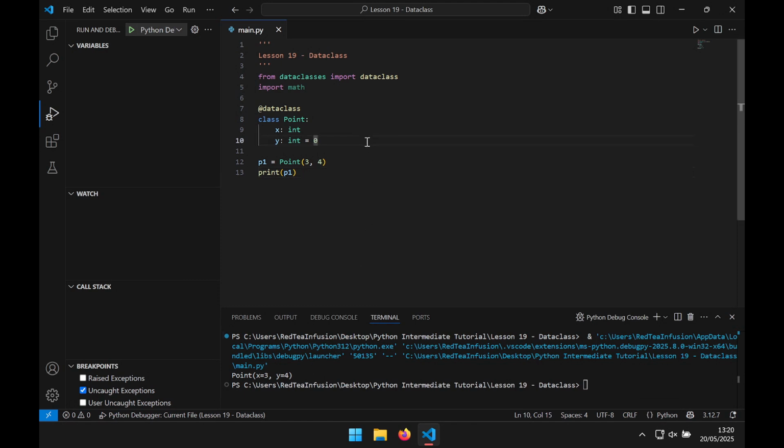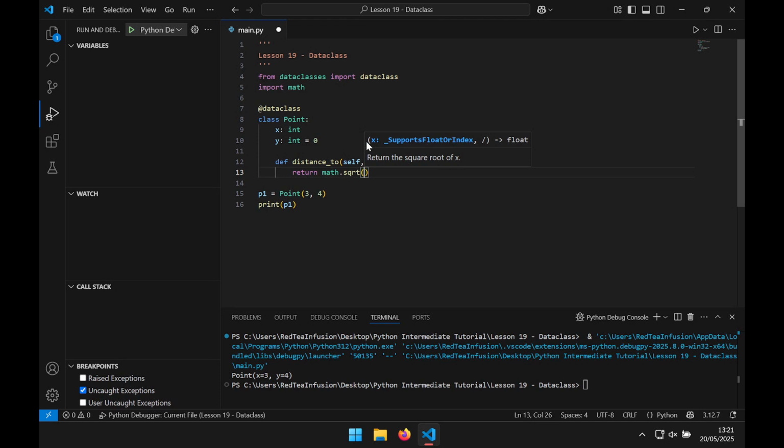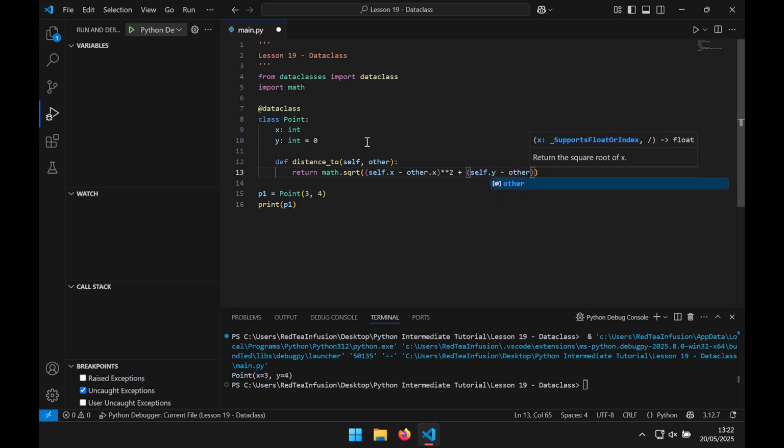Now let's add also a method to this class. def distance_to(self, other): new line, return math.sqrt((self.x - other.x) ** 2 + (self.y - other.y) ** 2). Let's create another object, p2 = Point